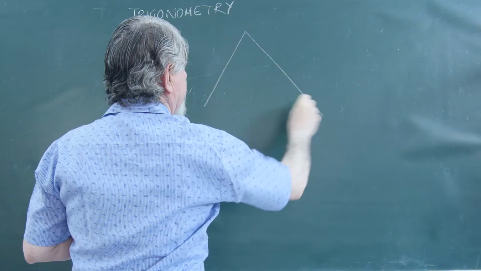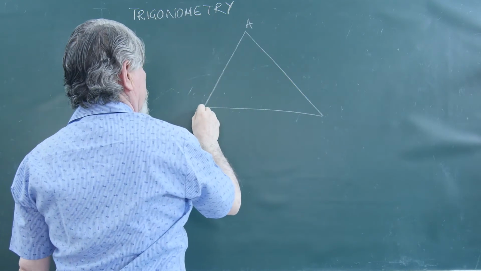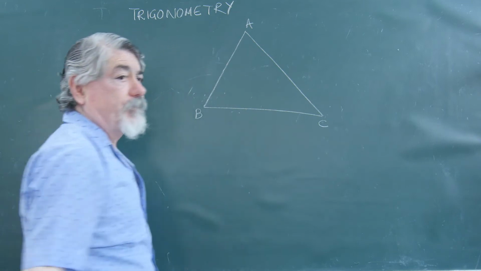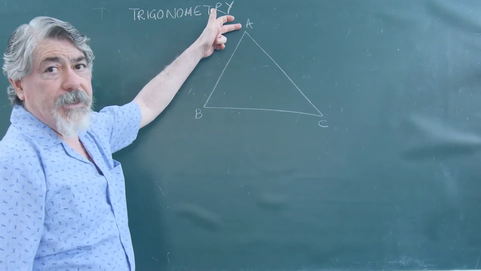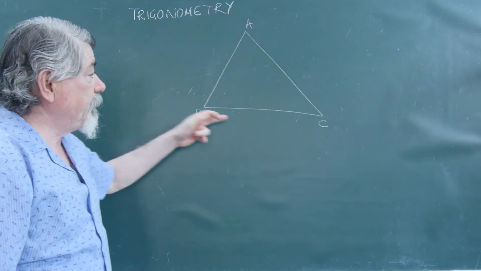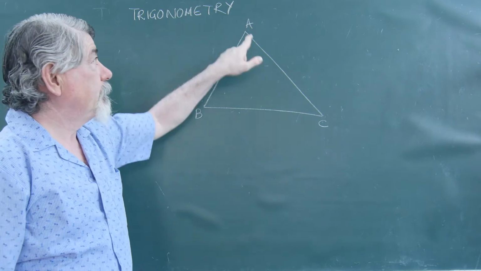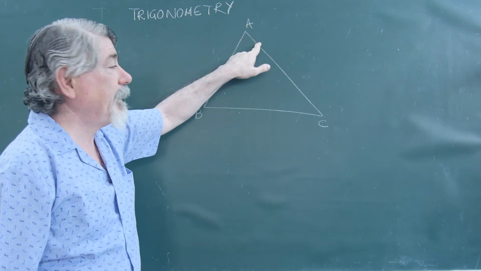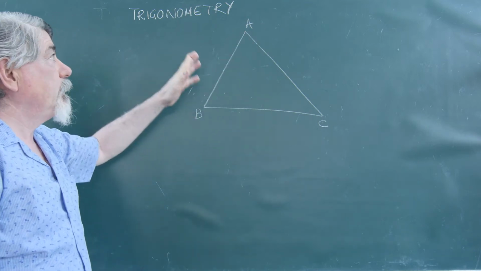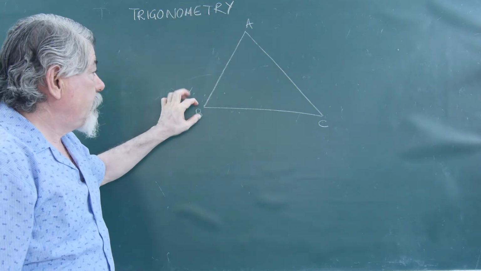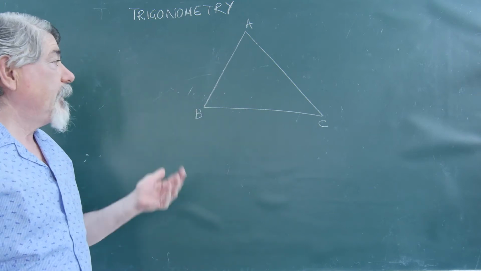For example, there is a triangle ABC. It is any triangle. You know the angles are represented by the capital letters, like A is angle A, B is angle B, C is angle C. They are also called vertices of the triangle. At point A, the angle A is formed. We represent it by a capital letter. At vertex B, the angle B is formed. We call it angle B and represent it by